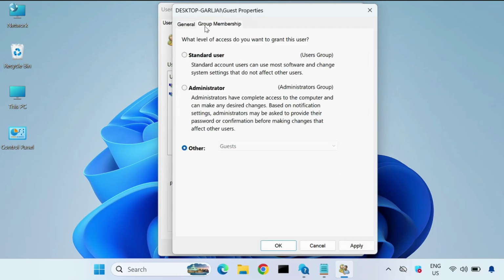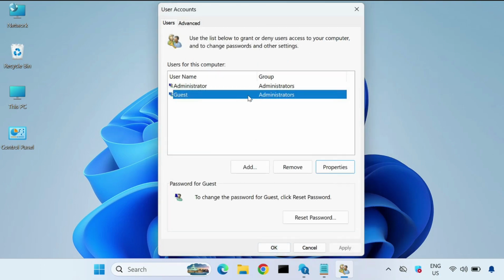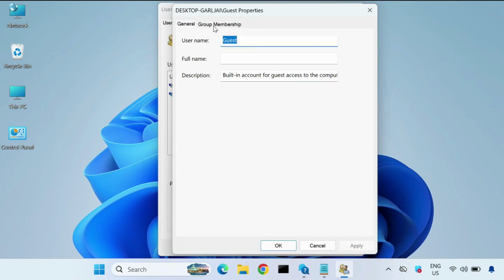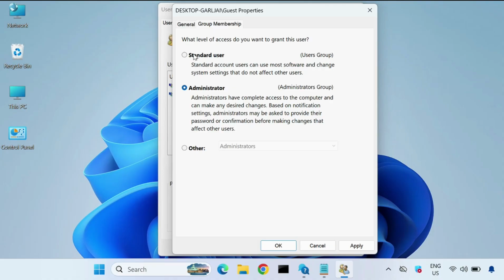After that click Group Membership, and then select Administrator, and then click Apply, and then click OK. After that you can see your group is also Administrator, so you can do it via this user. Okay, and if you have to remove the access, then again click Properties, then click Group Membership, and then you can select a